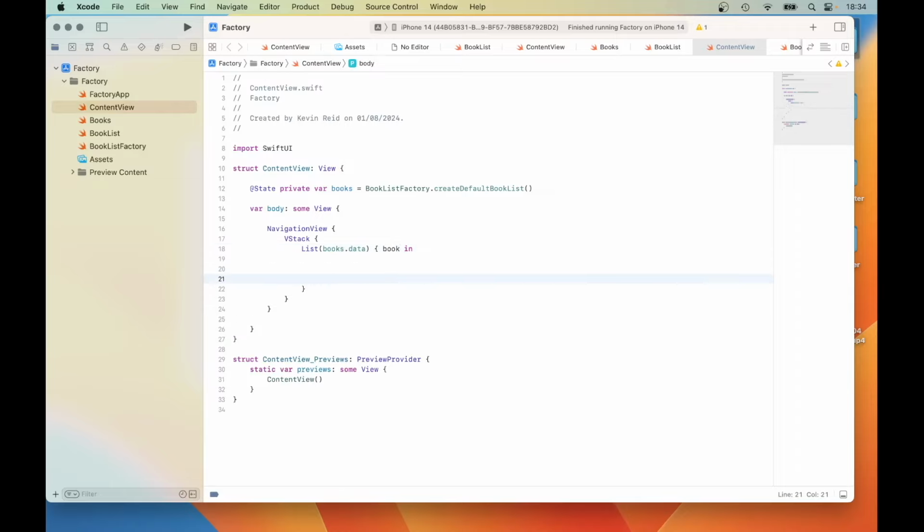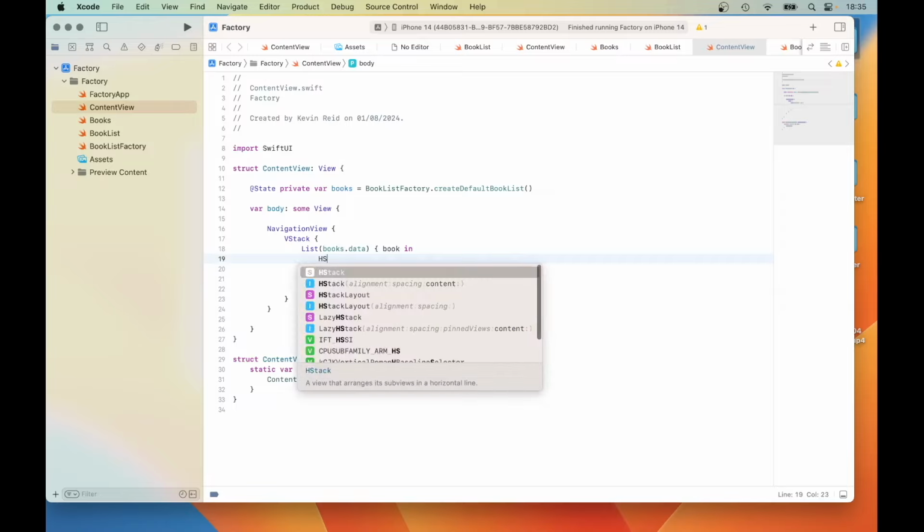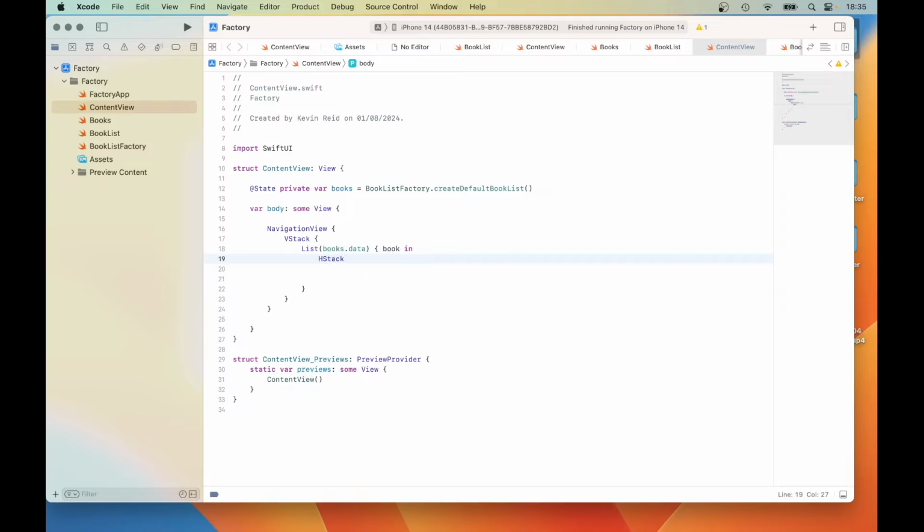So we're looping through the data collection, the data property of the books object. And then for each element of the book, we will display the image name, the name of the book and the author's name of the book. But now we are just creating the HStack,